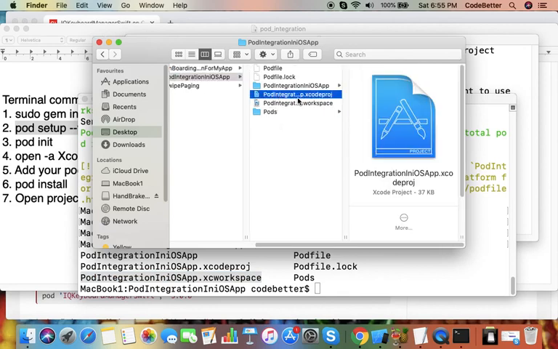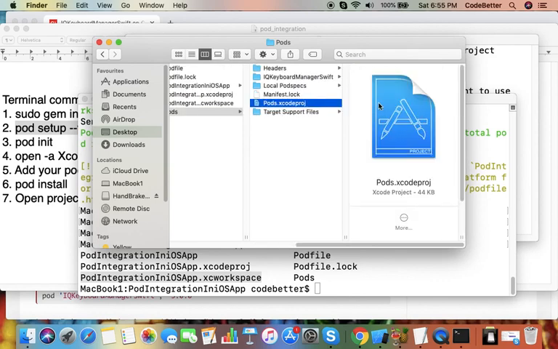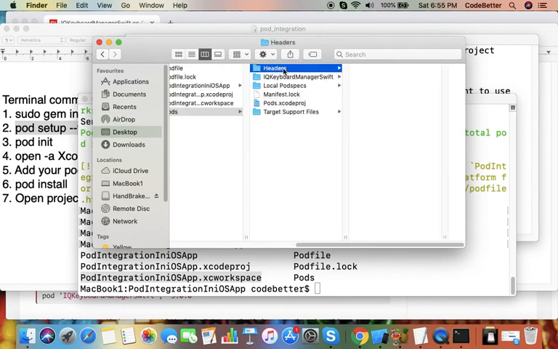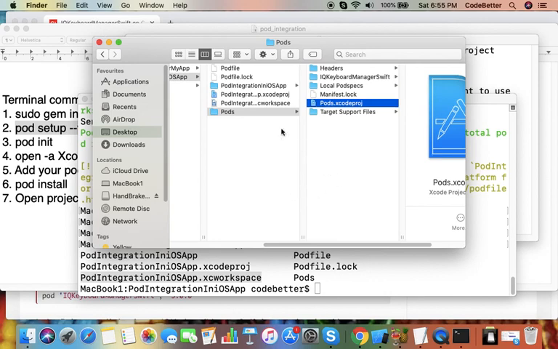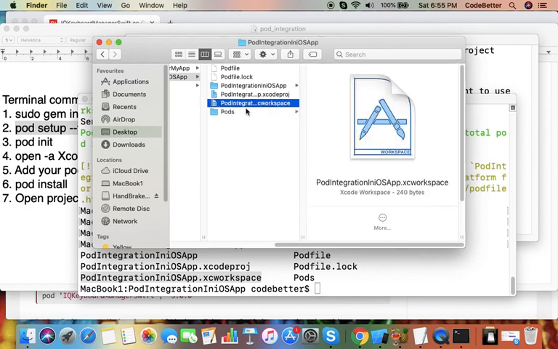One is your own project and one is the Pods project, which is another folder that has the IQ Keyboard Manager project, some headers which are required for Objective-C and other conversions. So there are so many things. As you keep on adding new projects to your pod file, this folder grows as well.